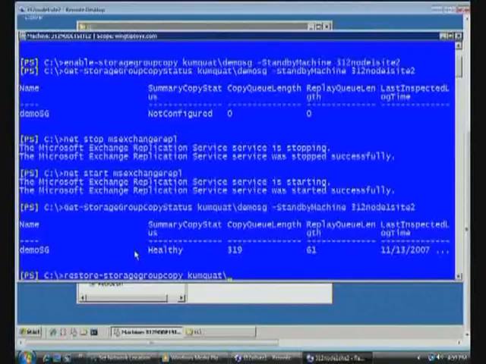You go into the Exchange Management Console, you mount the database, and there are a couple of things that you can try. If it turns out that your database won't mount, you might have to run ESEUtil /mh on the database. And that should typically